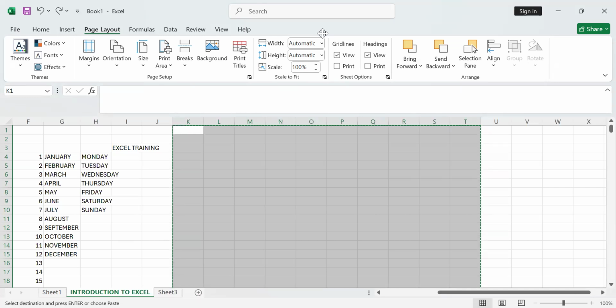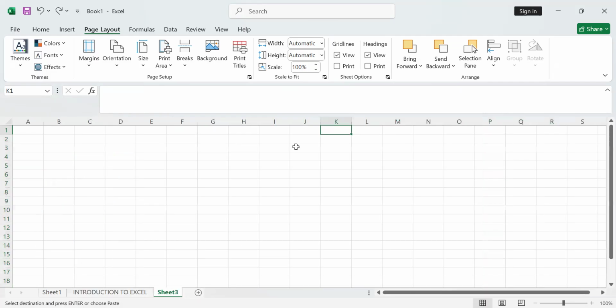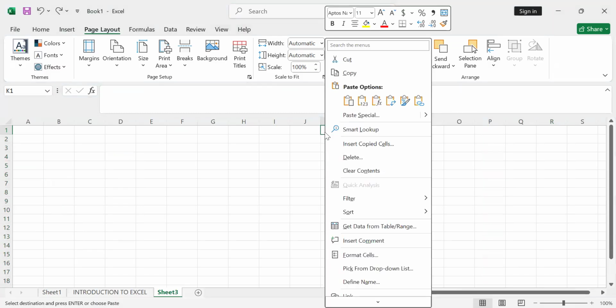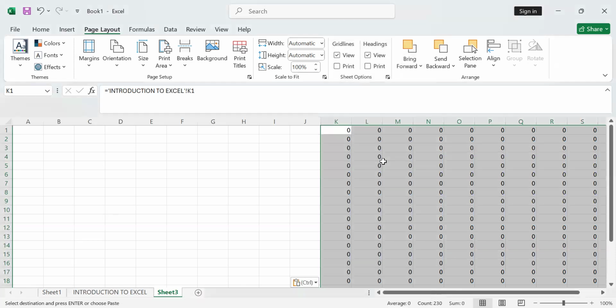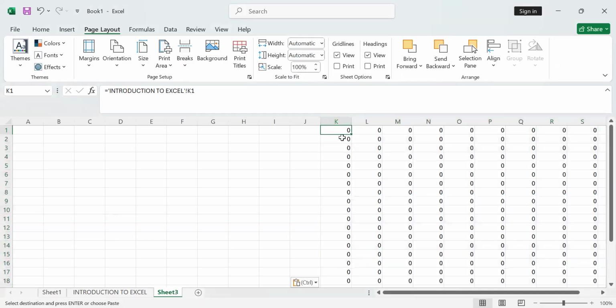Once you do so, in the Excel sheet where you want to paste link, mine I begin from K1, only on that cell. You right click, then you see the paste link that way. No, I'd picked the wrong cell. Yeah, it should be the same one from where you copied. So once you do so,